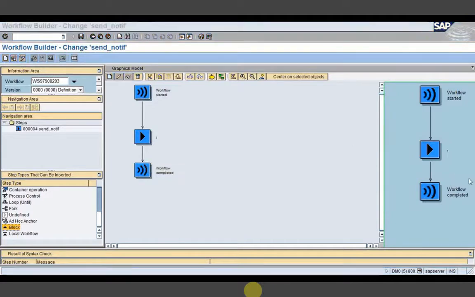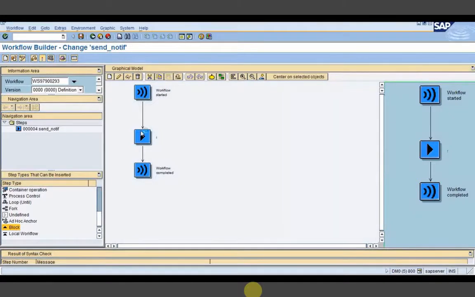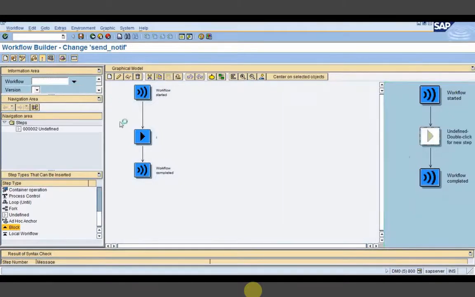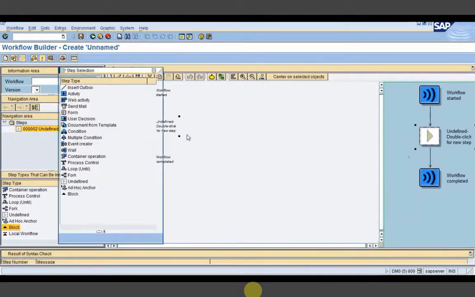This can be done with the help of the anchor step. How will we do it? We will just create one new workflow. I will also show you the sub workflow because I forgot it. I will show you how to work with sub workflow also.